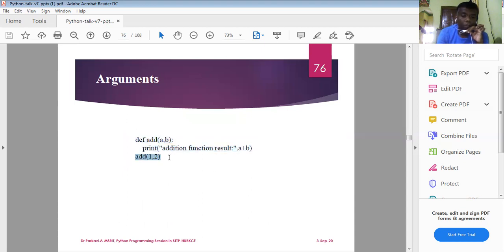Now I call the function, add of 1 comma 2. Here in add of 1 comma 2, add is the function name, and 1 comma 2 are the actual parameters. You should understand this. So 1 comma 2 are the actual parameters, whereas a comma b are formal parameters, because a comma b are in the definition of the function, and add of 1 comma 2 is a function call which is placed inside the